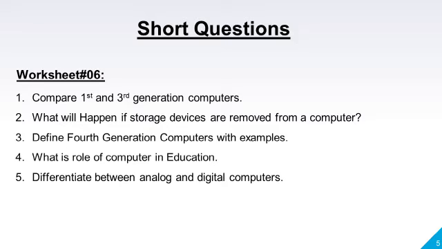The first generation computer used vacuum tubes, whereas third generation computer used IC chips, semiconductor chips. Vacuum tubes were used in the very past and they burnt out very often and they were huge in size, taking up an entire room. They were not reliable as compared to semiconductor chips or IC chips, whereas third generation computers are not costly, have very high speed performance, and they use input output devices and many different languages. That's why third generation computers are better as compared to first generation computers.